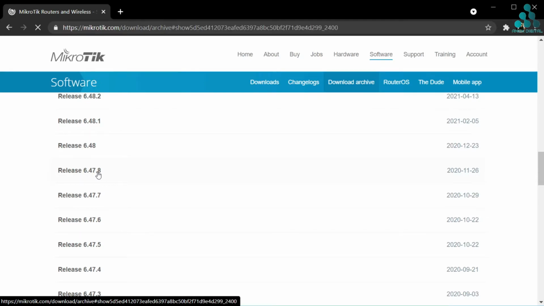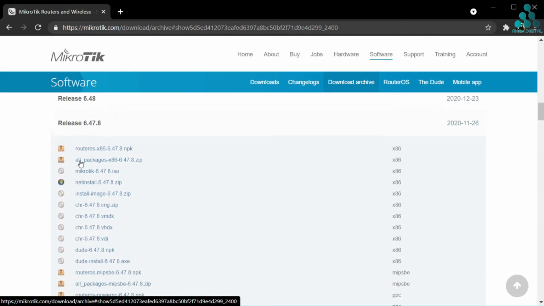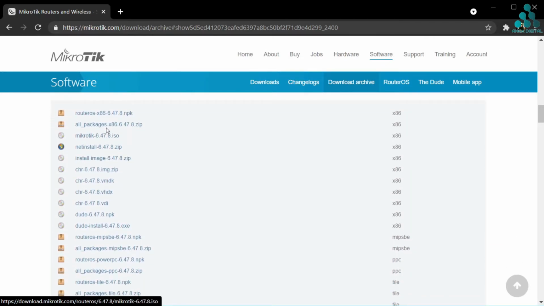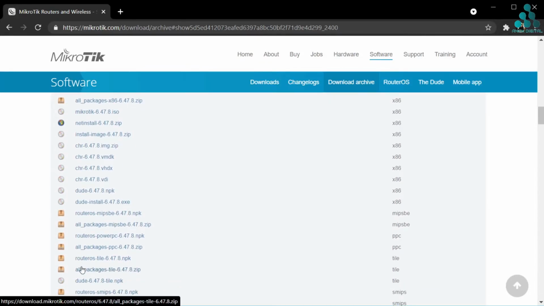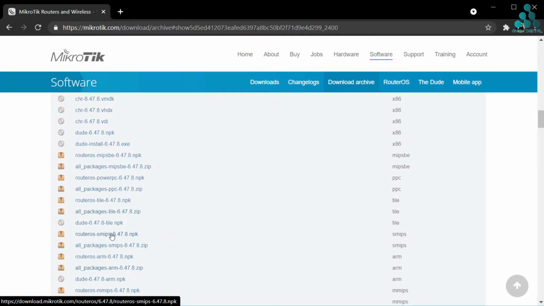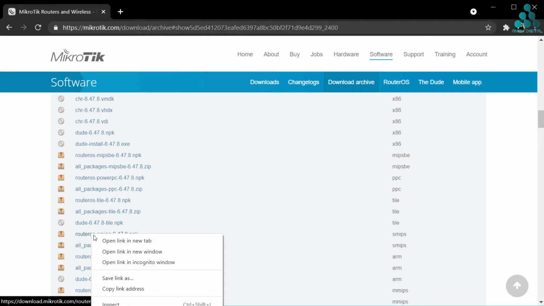Click in here. Okay, and then choose the router OS, smips 6.47.8. Click right and copy link address.